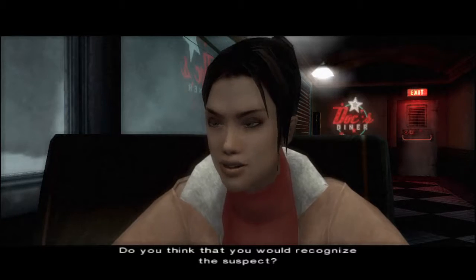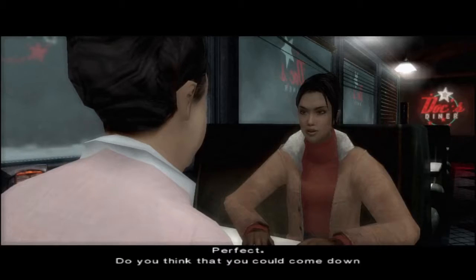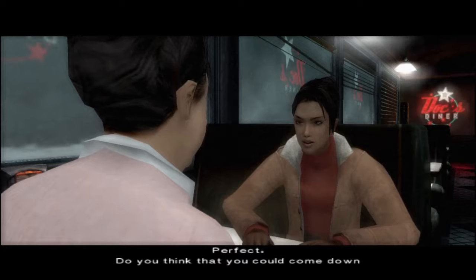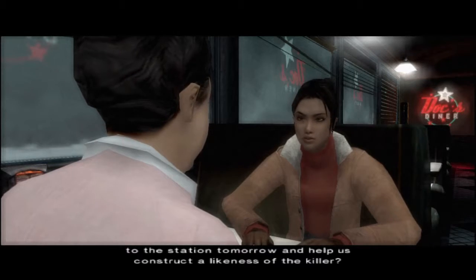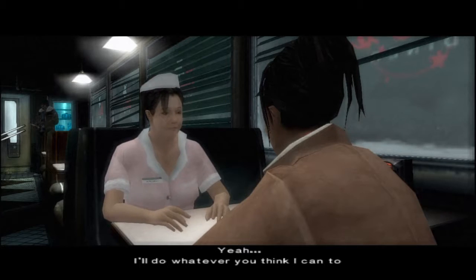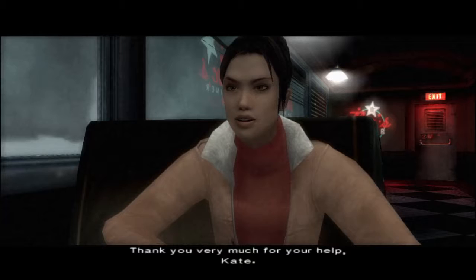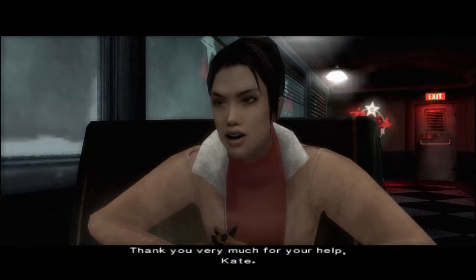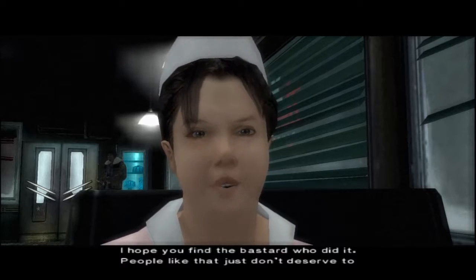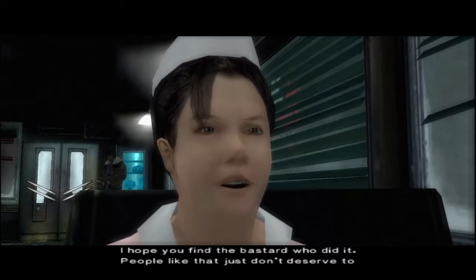Do you think that you would recognize the suspect? I'll never forget that face. Perfect. Do you think that you could come down to the station tomorrow and help us construct a likeness of the killer? Yeah. I'll do whatever I can to help catch him. Thank you very much for your help, Kate. I hope you find the bastard who did it. People like that just don't deserve to live.